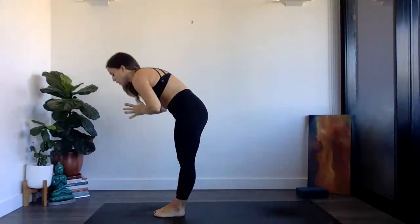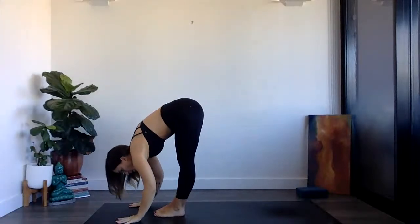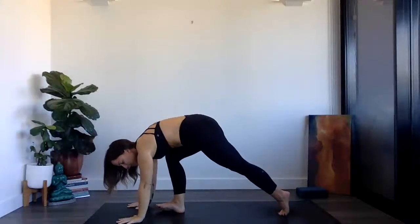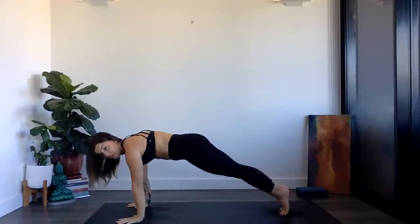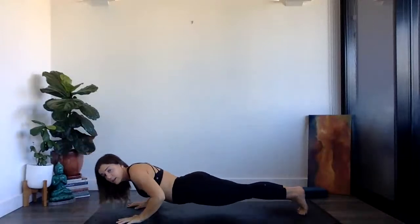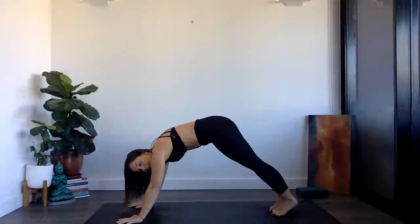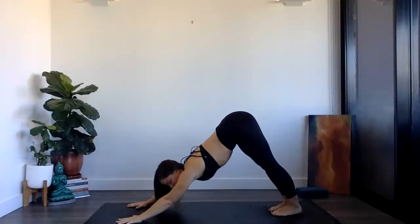Inhale, arms up, reach. Exhale, fold forward. Last opportunity for a flow. Inhale, halfway lift. Exhale, plant your hands, step it straight back to down dog or to plank, to bend your elbows, to lift your heart. And then down doggy, we all meet, hips lift up and back. Straight away,